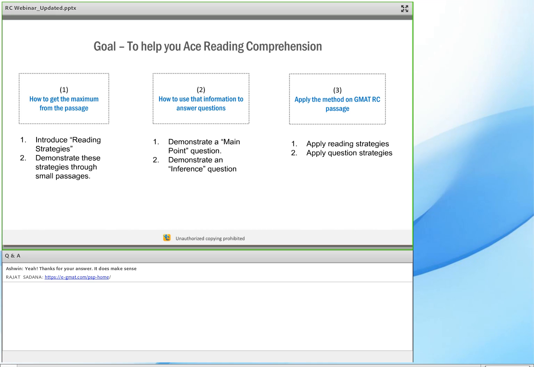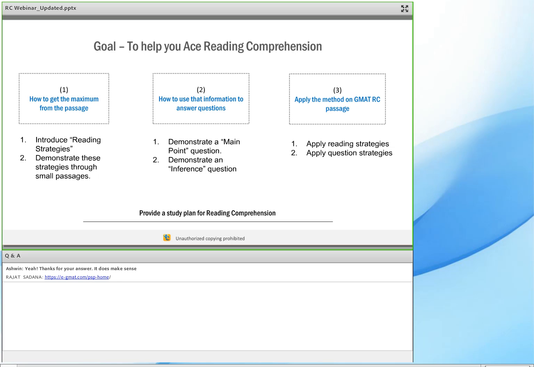Now, this is what we're going to do. Our goal here is not to solve 10 different passages, but to solve one passage properly, to make sure that you realize what it takes to ace a GMAT RC, and that we start inculcating those good habits in our daily reading, in our daily RC, and actually our daily SC and CR as well. So that's what this session is about, inculcating those right habits.